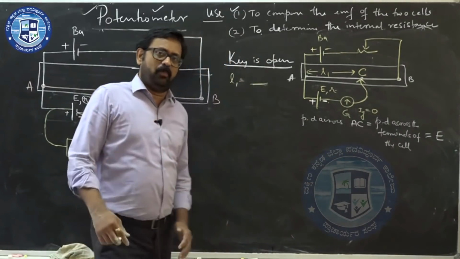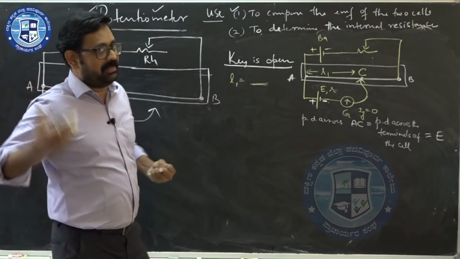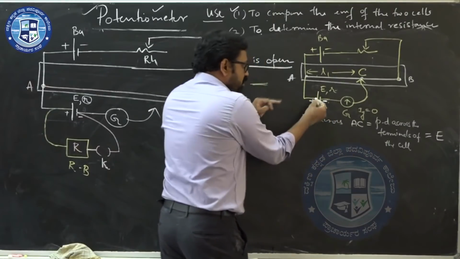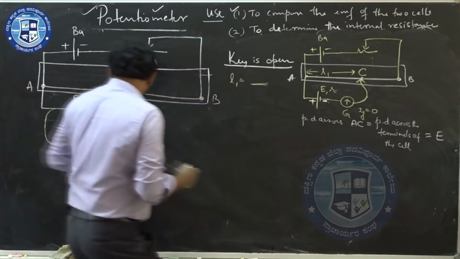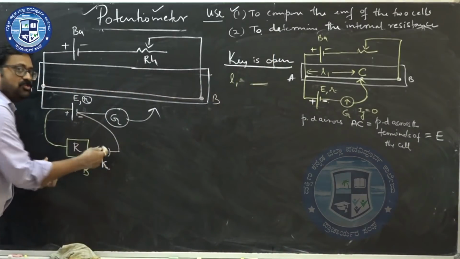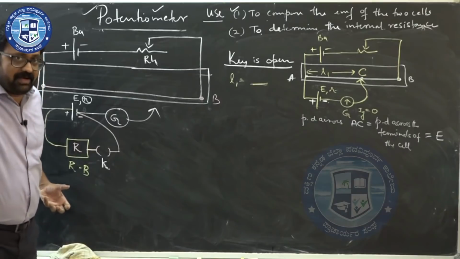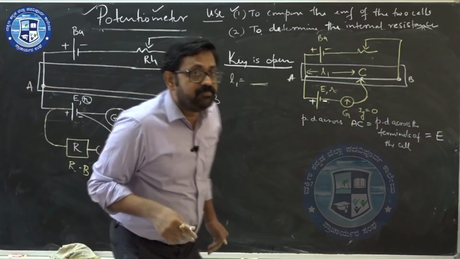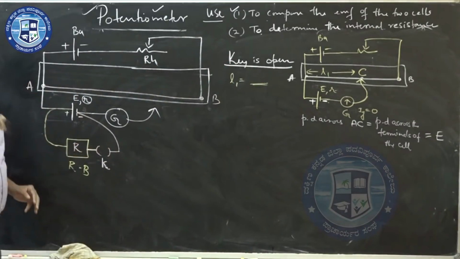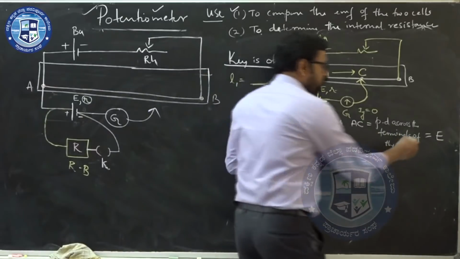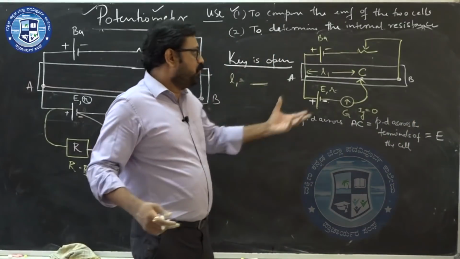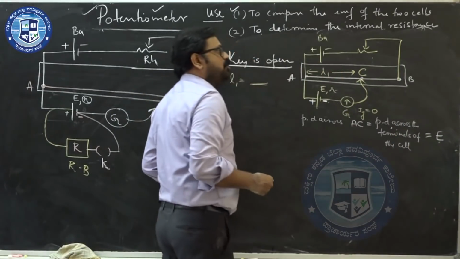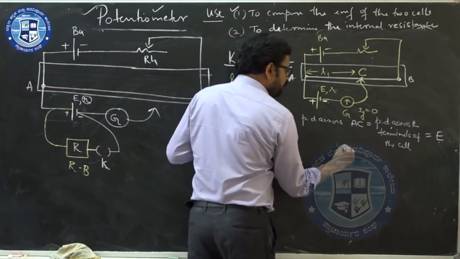When we say that the cell is in the open circuit, it means no current is drawn from the cell by the other circuit element. So do you have any current in this part? Do you have any current in this part? No. And even if there is a resistance box also here, it is not drawing any current because the key is open. If you are having that idea, you removed that resistance box. Yeah, I removed the resistance box, but the key was open. No. Open circuit, it is not drawing any current, which means the cell is in the open circuit. What do you mean by cell in the open circuit? Because no current was drawn from the cell. That's why the terminal potential difference is always equal to EMF,